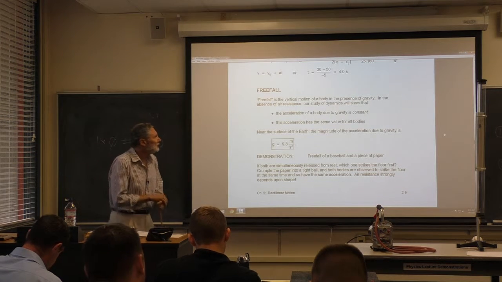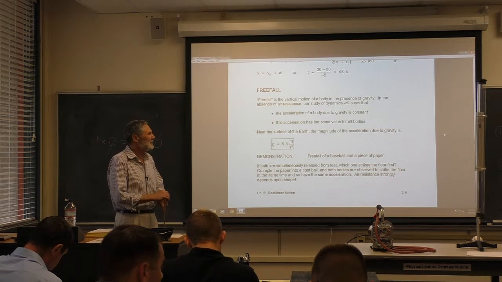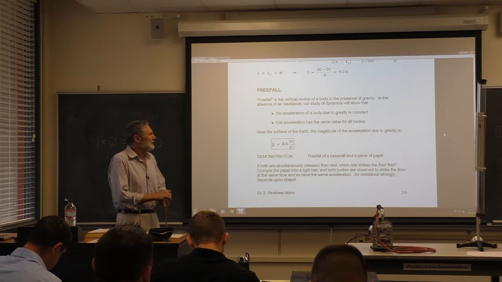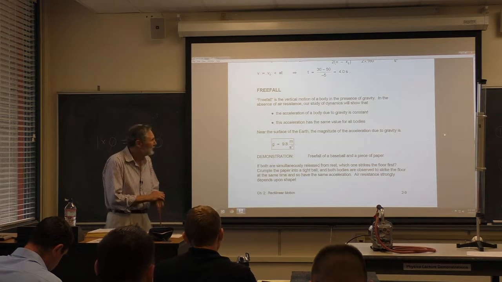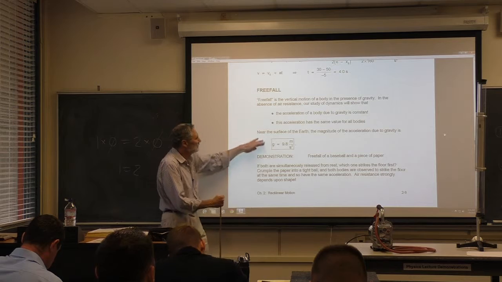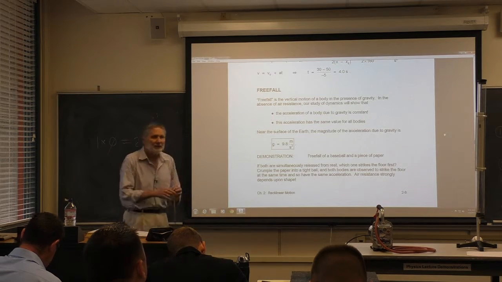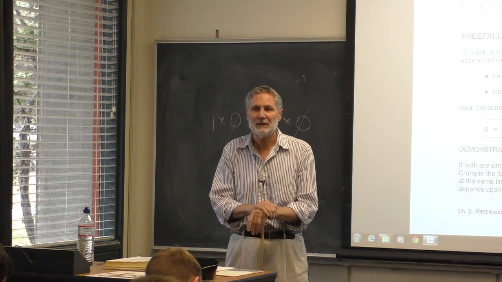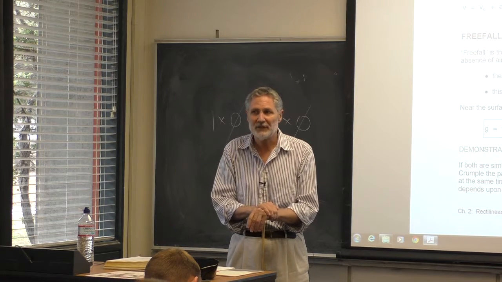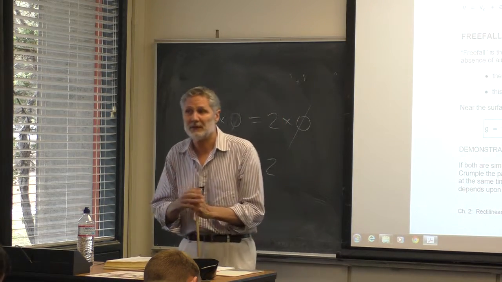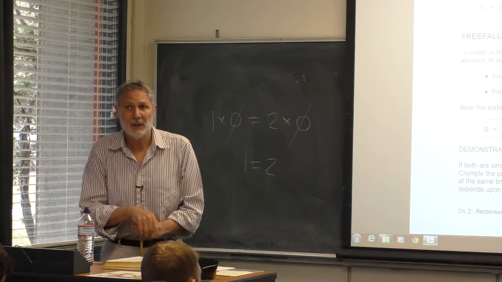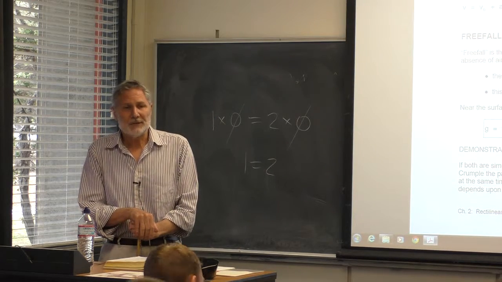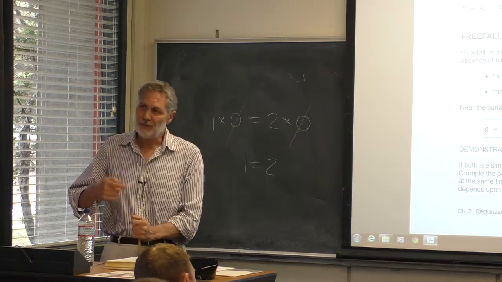So what does free fall mean? It's not real clear what free fall means, okay? So I'm trying to be careful here. But free fall is vertical motion in a constant gravitational field, where there's constant gravity, like near the surface of the Earth. Now the reason I have to say constant gravity is because if you start to go up higher